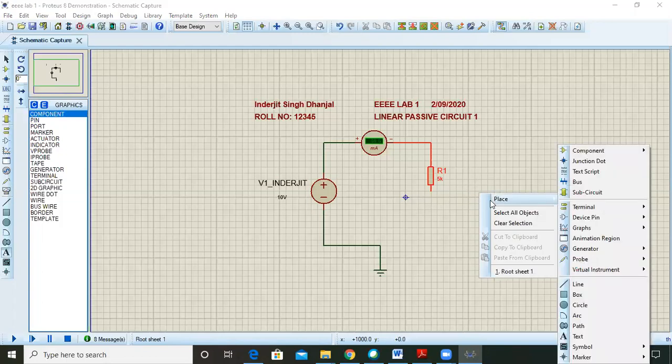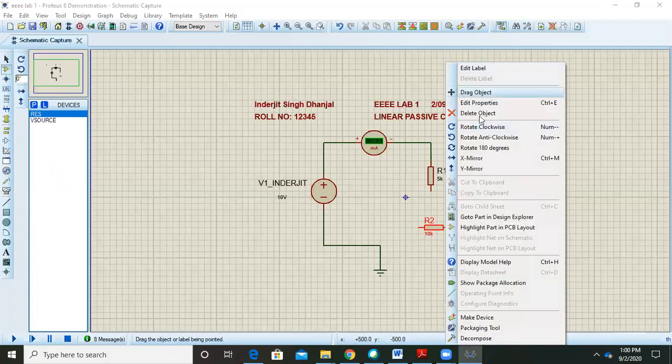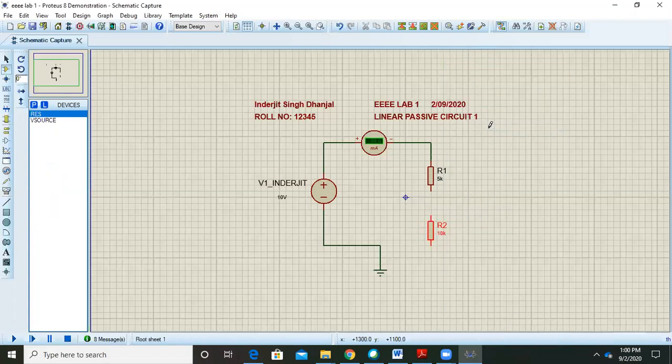Right click, place component. We have added, you remember, 2 components, resistor. So this is my resistor which is added over here. Now I'll right click on this resistor. I'll rotate clockwise, and my circuit is complete. I'll drag it a little up. Okay, I'll connect to this wire, and this again I'll connect to this.